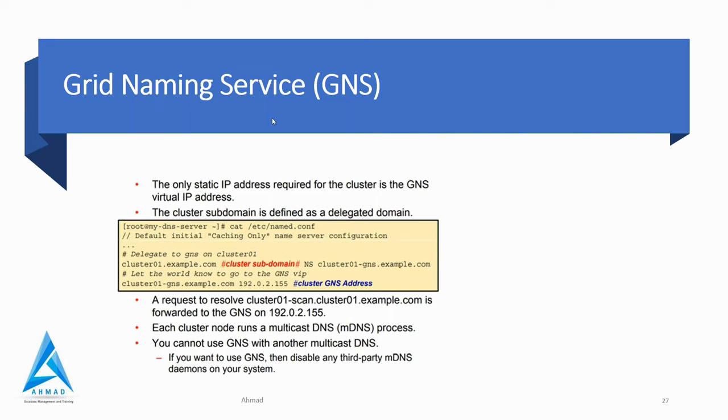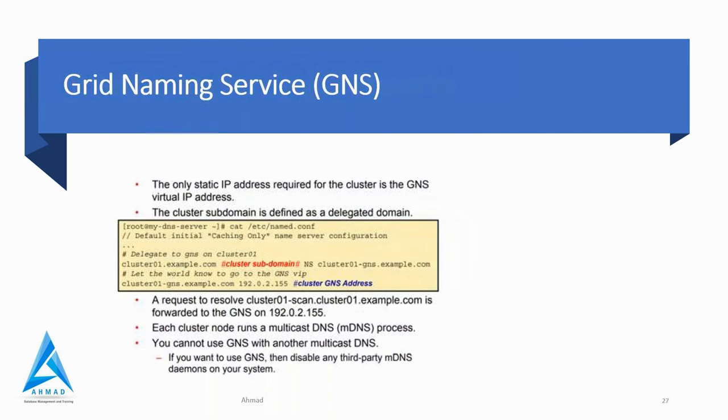So as I said, when we discuss the network in more detail, I will discuss scan listener and node listener. Scan listener is basically a listener which is connected to your scan IP. If suppose you are using 3 scan IPs, you have 3 scan listeners, and the local listener is basically attached to the database instance, or you can say local instance. That comes into the picture later on. First the scan listener will come into the picture.